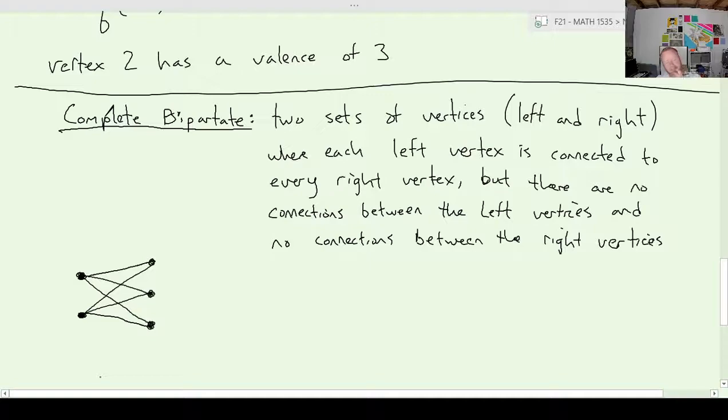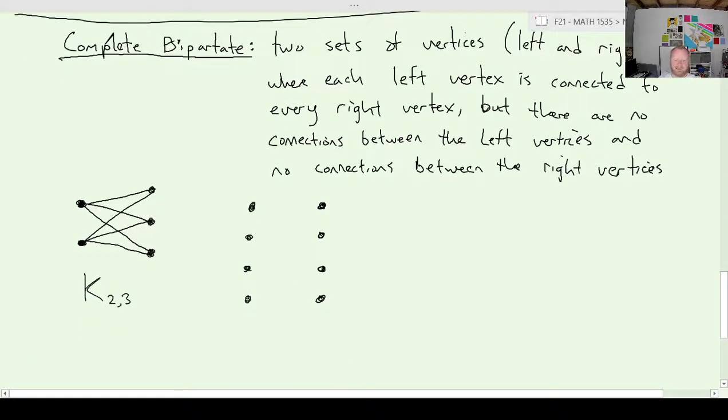Same thing over here. So this would be a complete bipartite, and we would label this K 2, 3, because there's 2 vertices on the left and 3 vertices on the right. We don't need to have a mismatch between them, right? We can say something like K 4, 4, and as long as every connection from left to right is made,